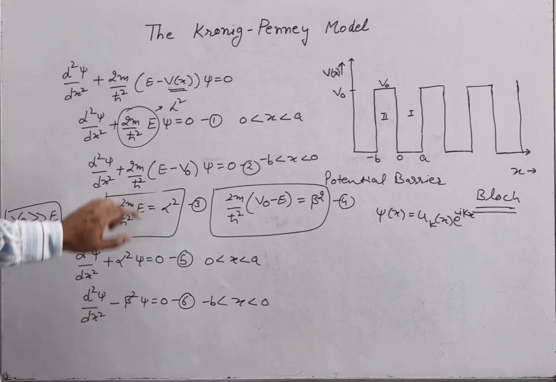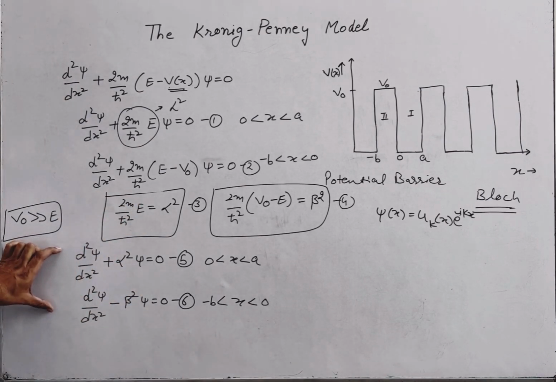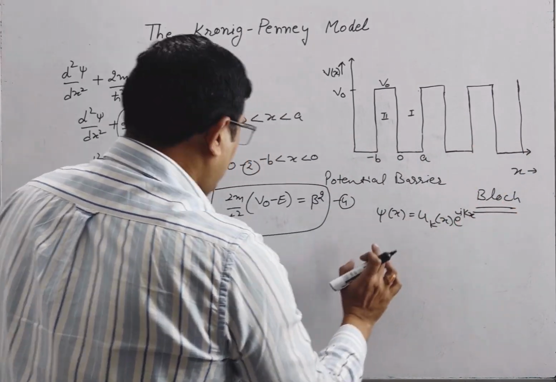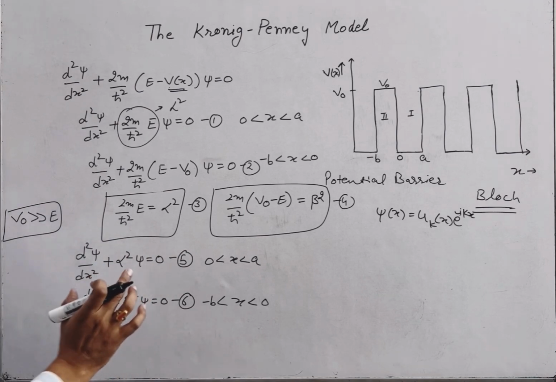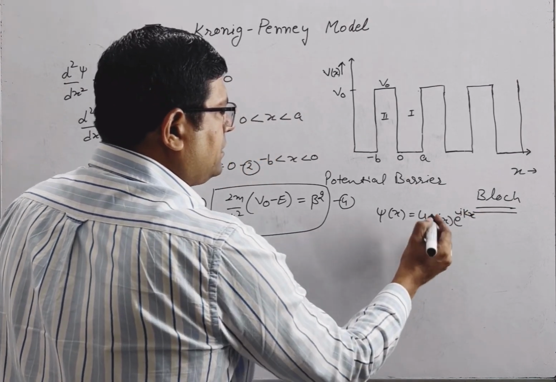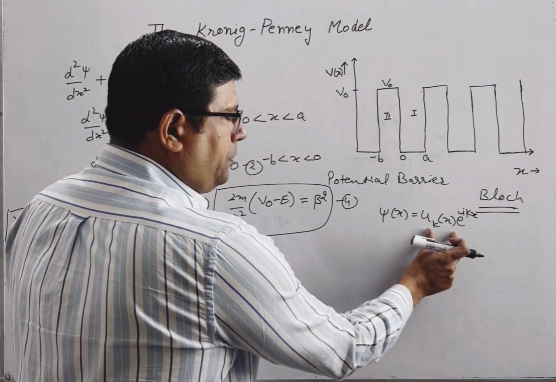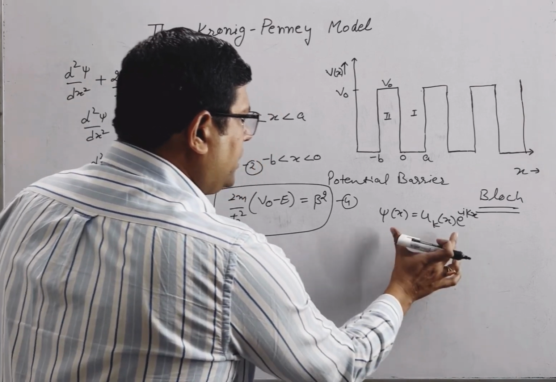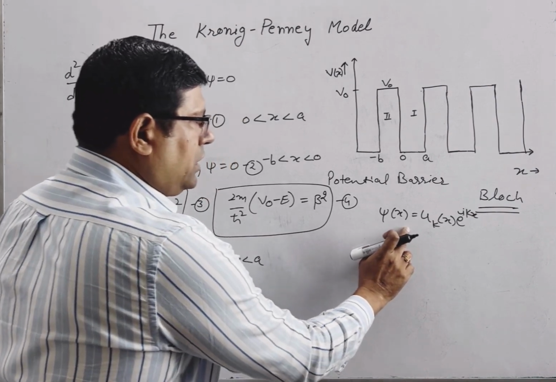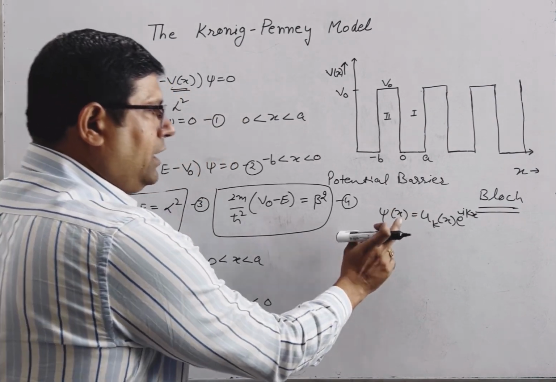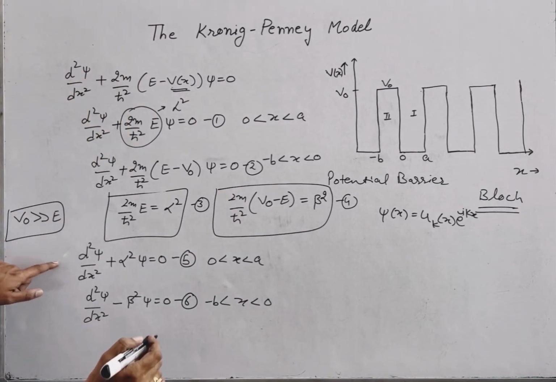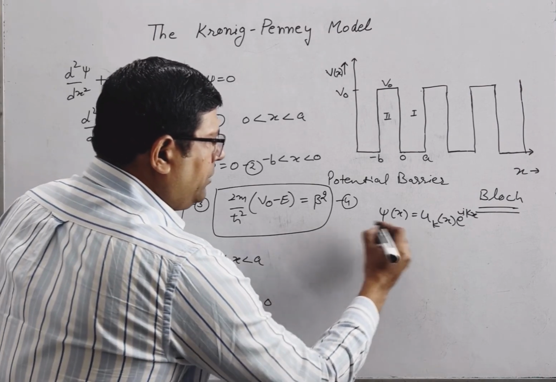Okay, so if this is the solution of these equations, because these are periodic potentials, according to Bloch the solution of these type of differential equations having the periodic potential must be psi(x) equal to u_k(x) into e raised to power iota kx. Here u_k(x) is also a periodic term, and this is the general solution for these two regions. And if this is the general solution of any differential equation, then that must satisfy that differential equation. So for equation number 5 or 6, we may write generally